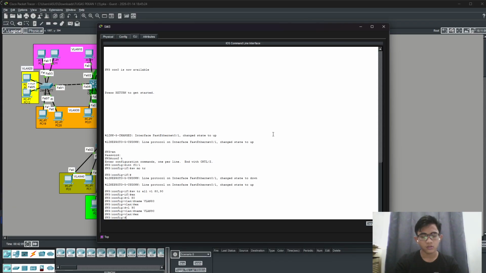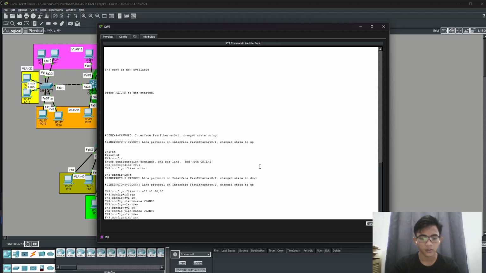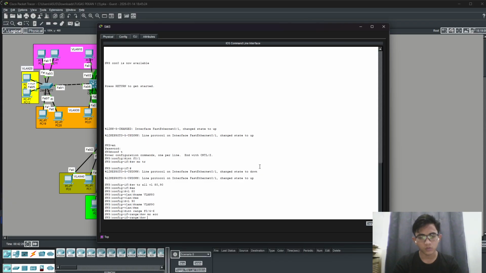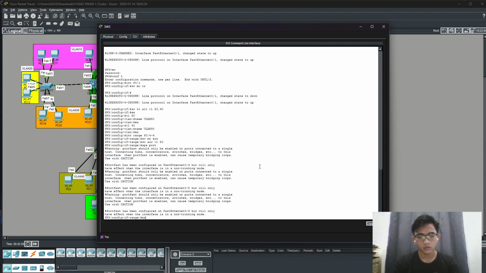Exit. So now I will configure the interfaces connected to PCs, that is 4 until 6. Interface range F0/4 until 6. Okay, switchport mode access, switchport access VLAN 80, and spanning-tree portfast. Okay, exit.